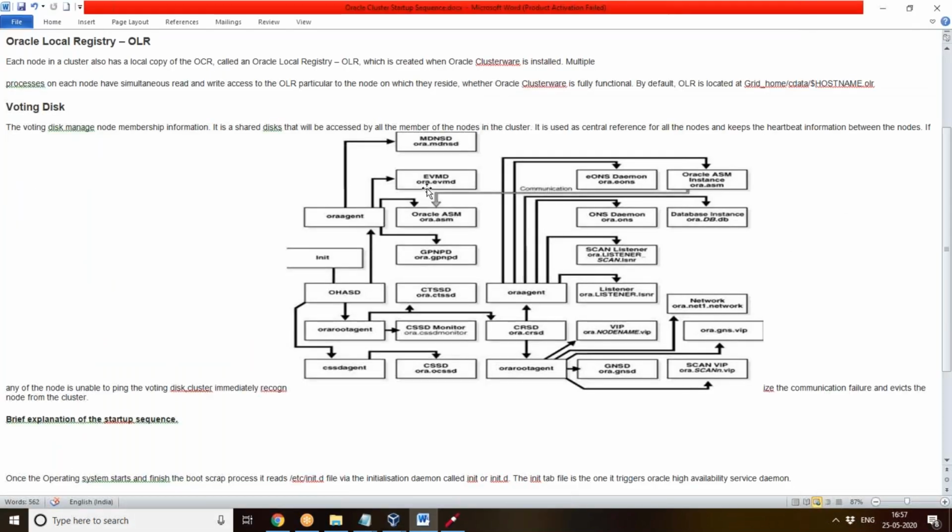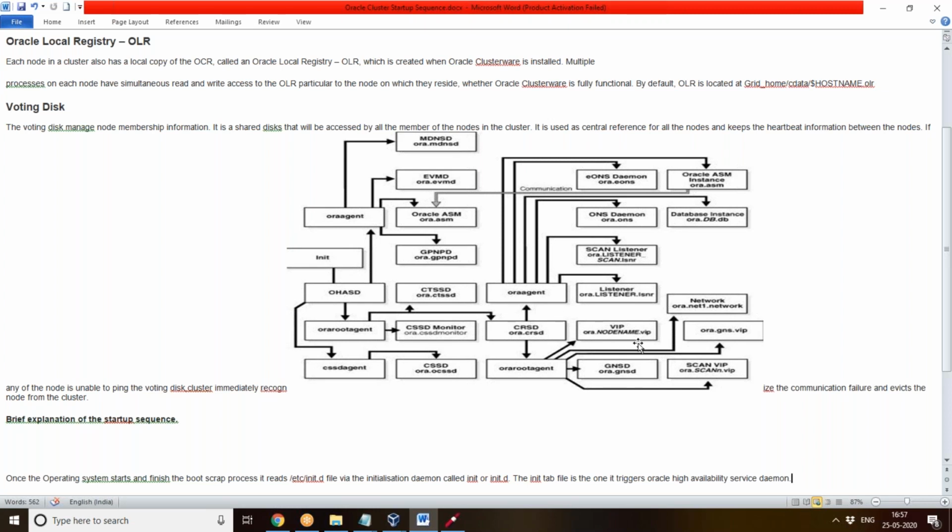Fine. So this is what this grid plug and play daemon service. If you are using this grid plug and play daemon, then the corresponding GNS will be available. So now we have not used this GPNPD. Instead, directly it is checking from the ASM instance itself, because the ASM instance only has all your information about the voting file disk or OCR, everything is present inside the ASM disk group. Directly it is going and checking.